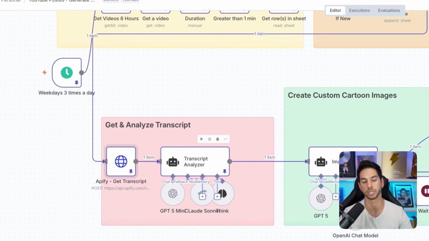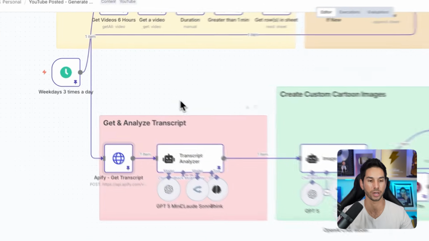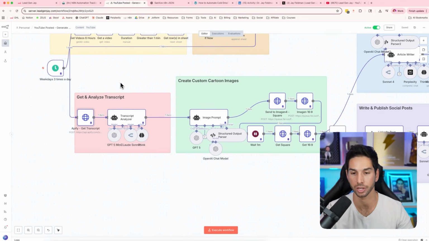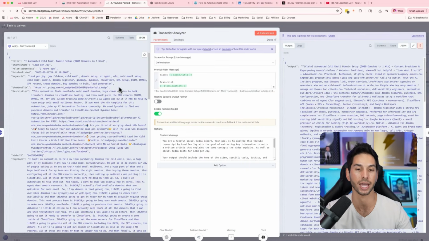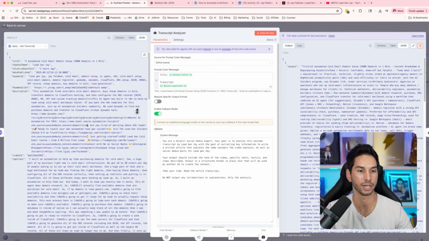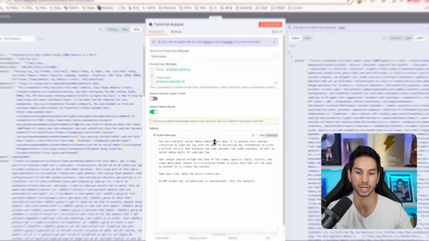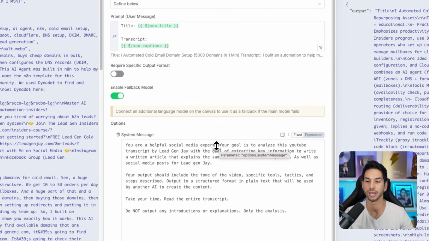And really the magic here is the prompts. It's one thing to be able to set up an automation like this. It's an entirely other thing to be able to use the information like this full transcript and get something actionable from it. So this transcript analyzer uses ChatGPT to go through and extract the key points, the tone, everything from